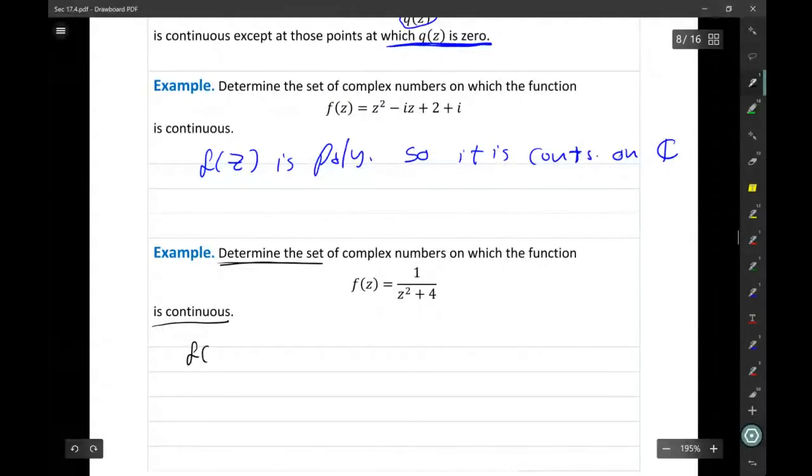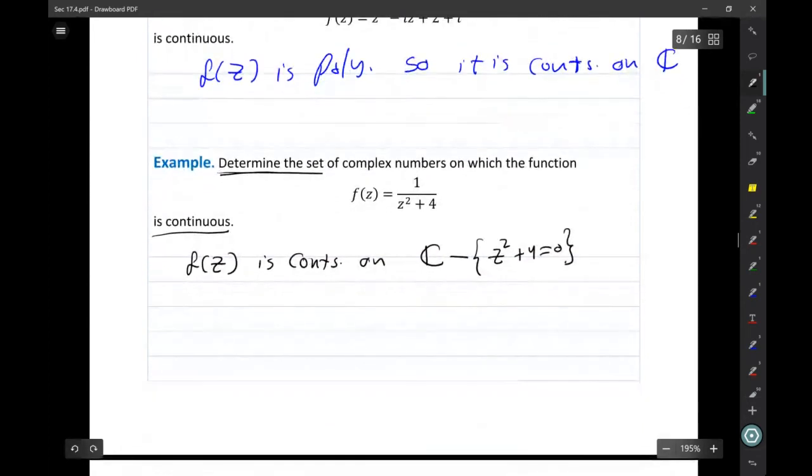The function f of z is continuous on the entire set of complex numbers except the zeros of the denominator. Now let us see how we can calculate it: z squared plus 4 is equal to